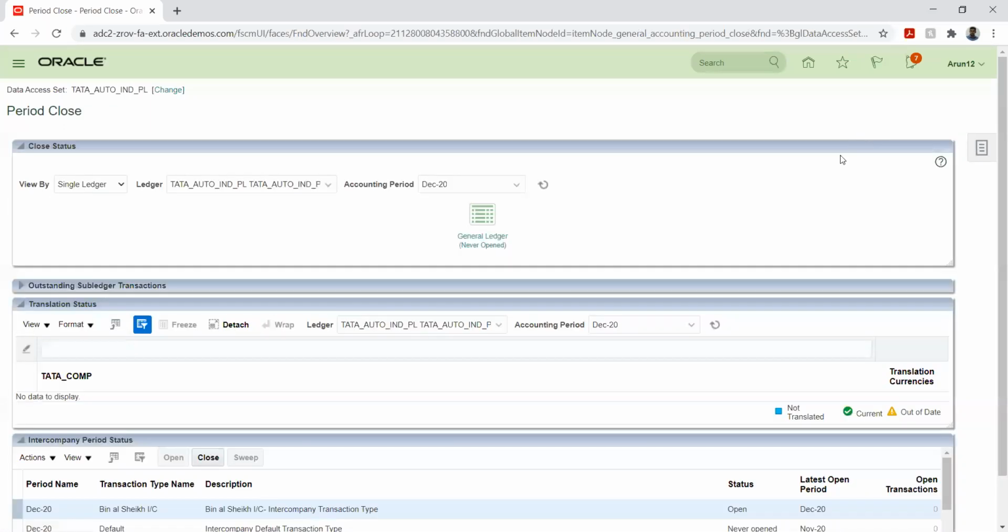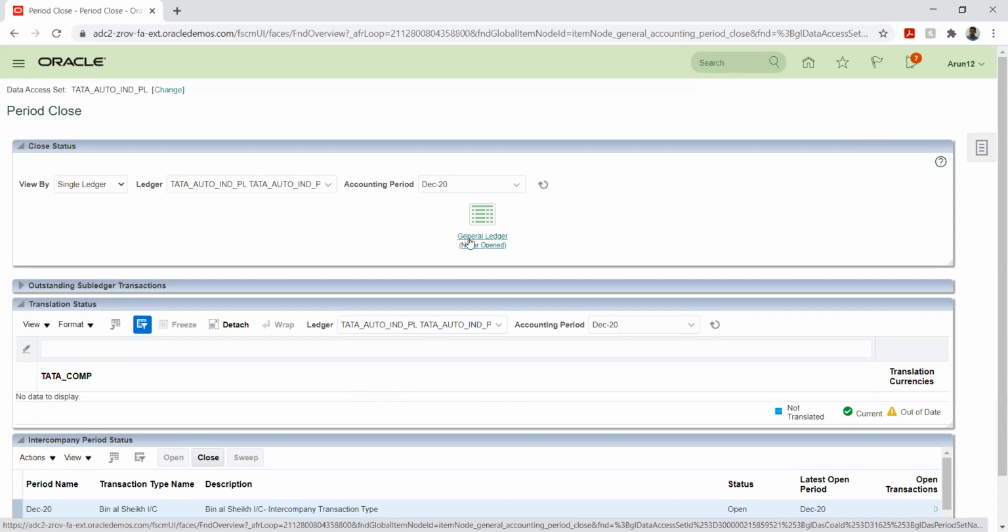For subledgers and secondary ledgers, is there nothing like the period opening and closing? No, there are three functions to it. One is opening or closing the period, or seeing the transactions that have been posted from the primary ledger, and creating the manual JVs in the secondary ledger. So these are the three functions. We don't have much to do with secondary ledgers, because this is created only to understand the financial records in different representations.